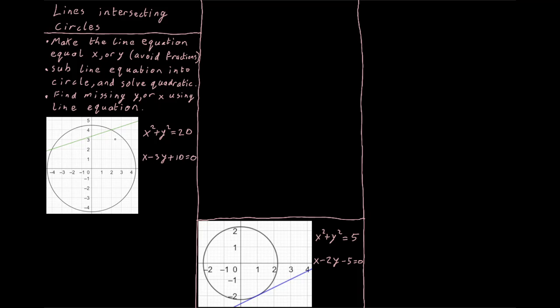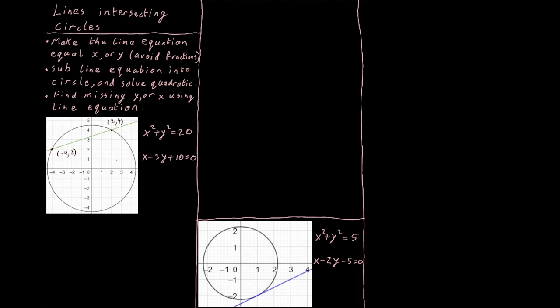So I'm looking for where this green line, the equation of it is here, intersects or crosses my circle. And I can see that that happens at in the door 2, up the stairs 4. So I can see that that happens at 2, 4. And I can see that that happens at in the door minus 2, up, in the door minus 4, up the stairs 2. So visually, I know that those are going to be my points of intersection, but now we're going to look